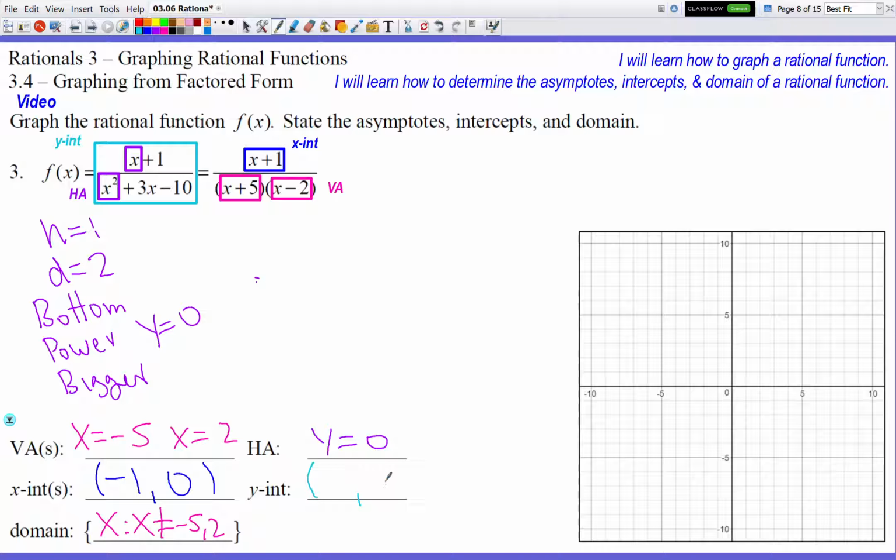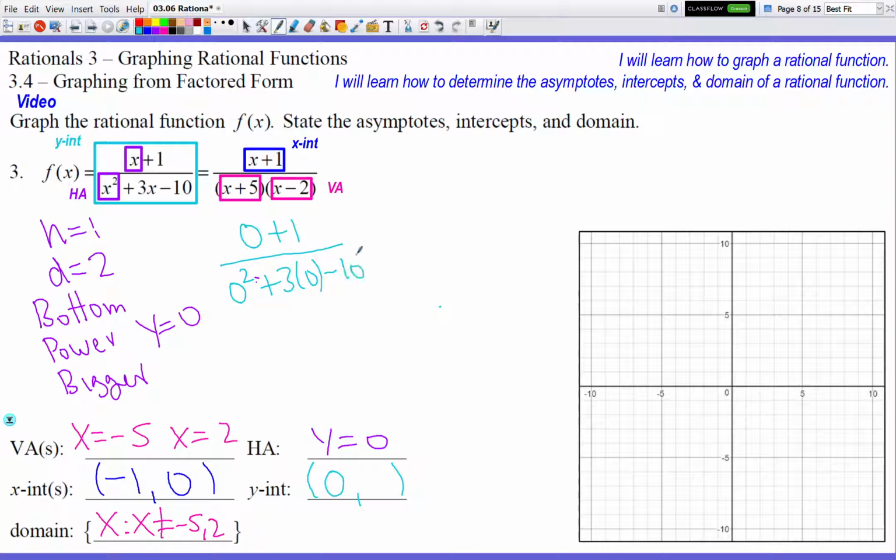Alright, so let's do the y-intercept, and hopefully you guys remember, like I've been saying the past couple of times, every single y-intercept in the entire world has a 0 for the x value. So we're going to plug in 0 wherever I see an x, so 0 plus 1. And on the bottom, we got 0 squared plus 3 times 0